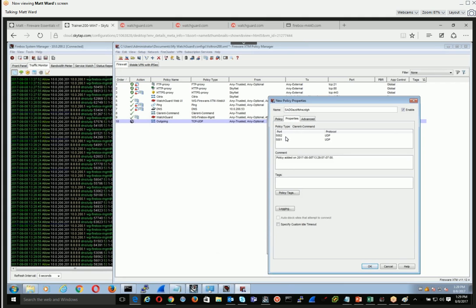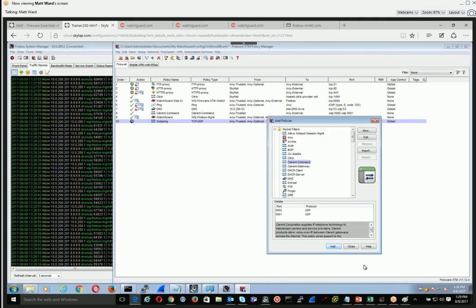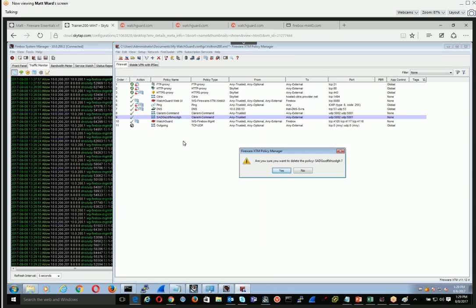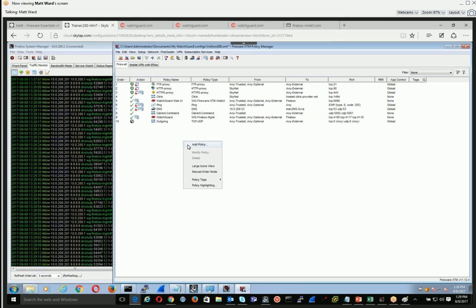This is the only thing that can't change, is that it's for UDP 5001 and 5002. And then you would add that to your policy list. I'm going to delete it. So,